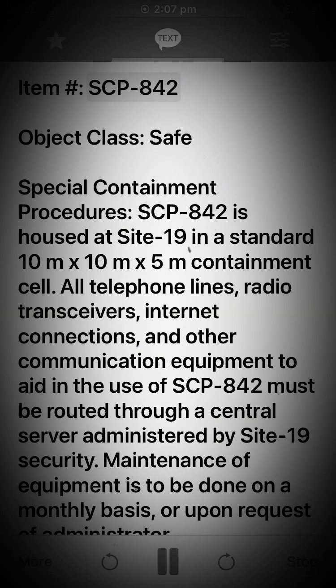Item: SCP-842. Object Class: Safe. Special Containment Procedures: